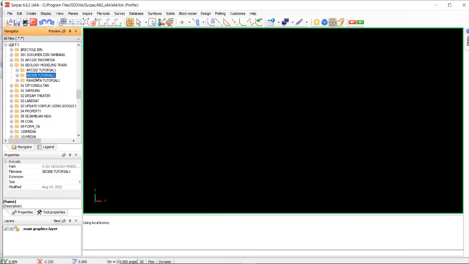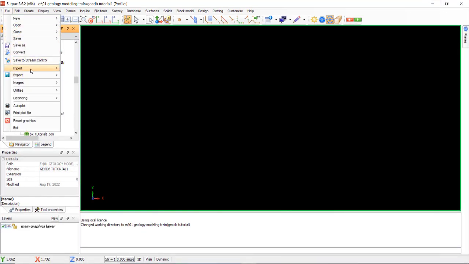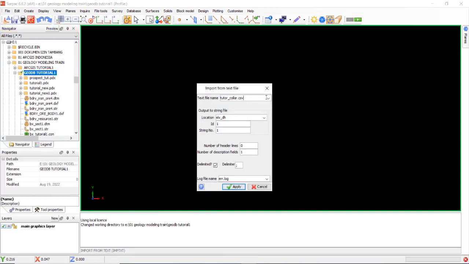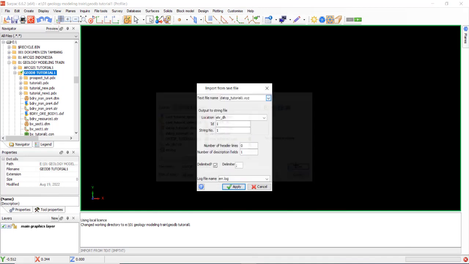We go to Surpac, select geodatabase tutorial, right click and set as work directory. Okay, we have elevation data, import data from one file, select this data, open.